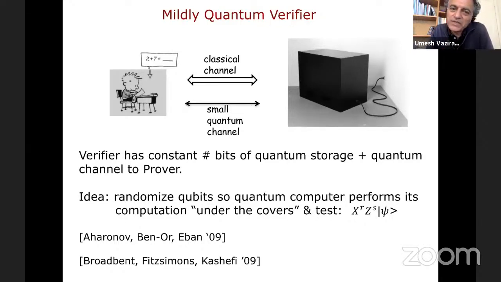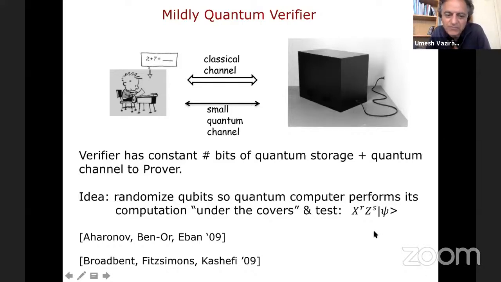The first one is where there's a mildly quantum verifier, where the verifier has a constant number of qubits of storage and a quantum channel to the prover. In this setting,